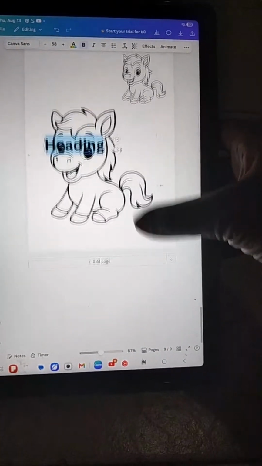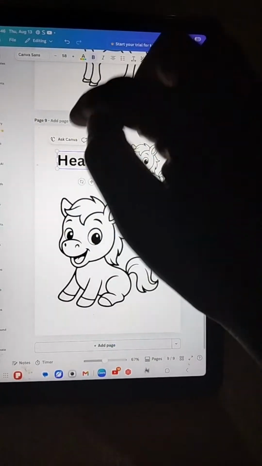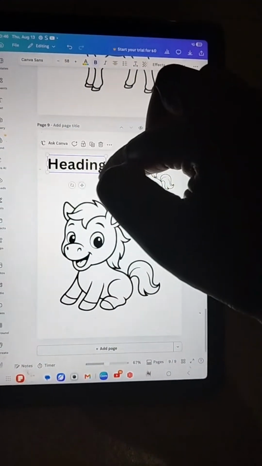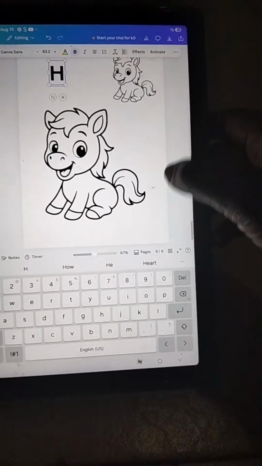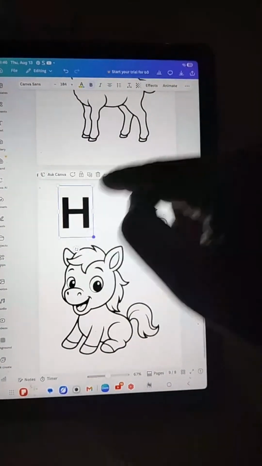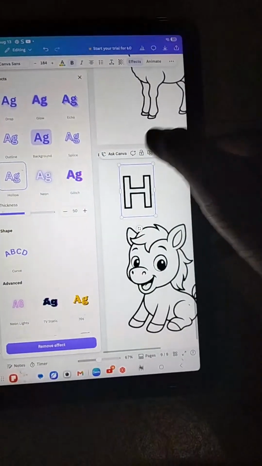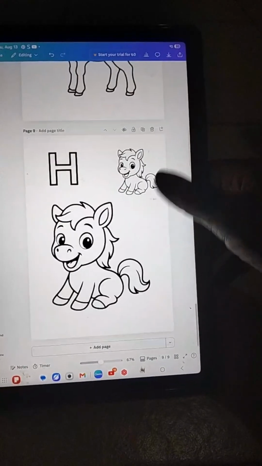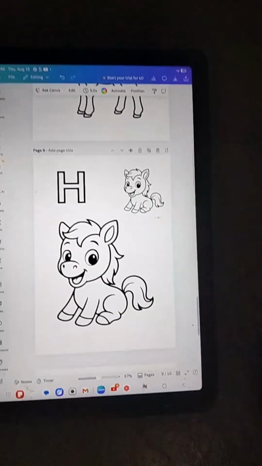Then I'll go ahead and make our H. So I'll put in H like that. Make it smaller, and I'll come here and find effect like that. So as you can see,